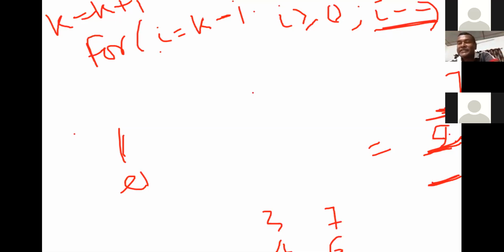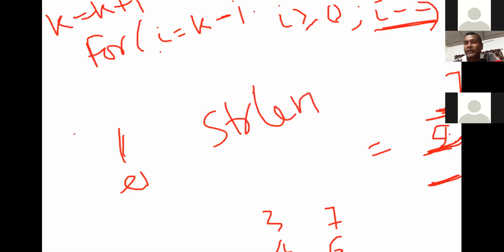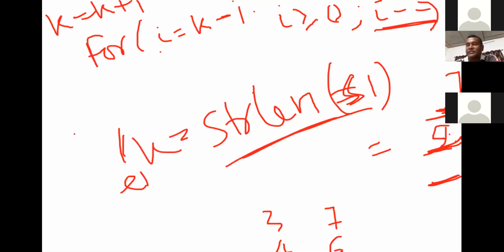Here they are using an inbuilt function like strlen. Strlen equal to S1. I make it K. So this is an inbuilt function. Here also reverse is an inbuilt function. Just call it. But without using an inbuilt function, I am showing you. Here there is no inbuilt function.